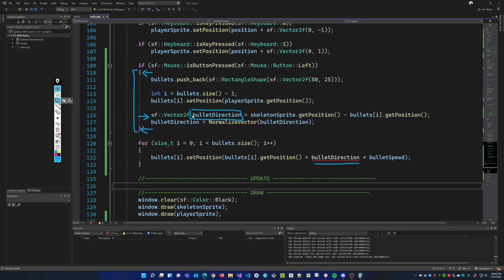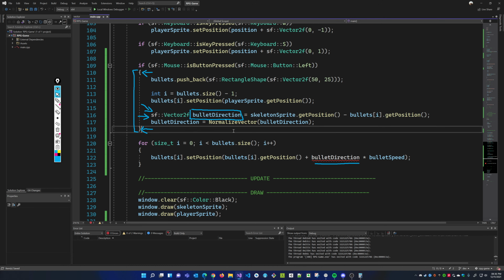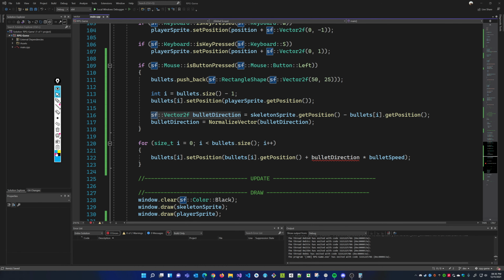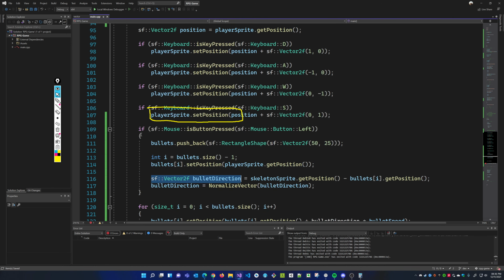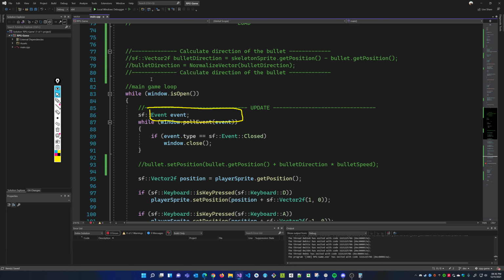Okay, well, how can we make this bullet variable exist outside the if statement? Well, rather than creating the variable in here, we create it somewhere else. So you can see here, the way I create it is by just saying sf vector 2i bullet direction. Only this part, the part that I highlighted here, is the creation part. I created the bullet here. So rather than creating it in the if statement, just create it somewhere else, which is going to be, let's say,